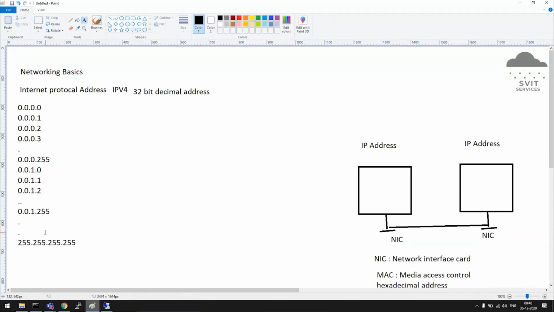Okay, then. So there will be a lot of IP addresses. If you apply permutations and combinations, a lot of IP addresses will be there. So for easy management of these IP addresses, they have segregated them into multiple classes.